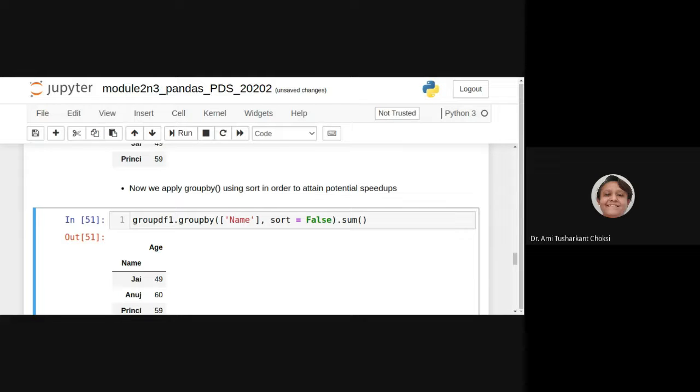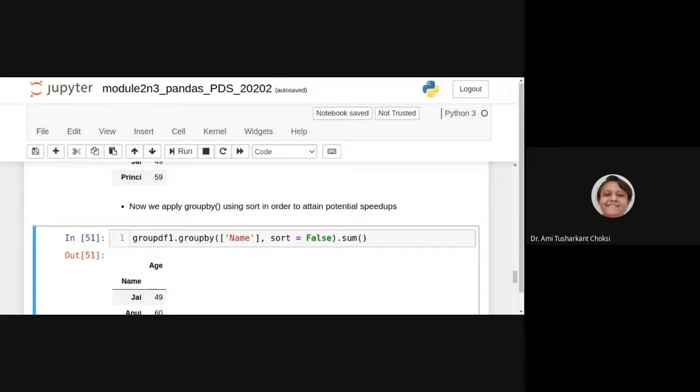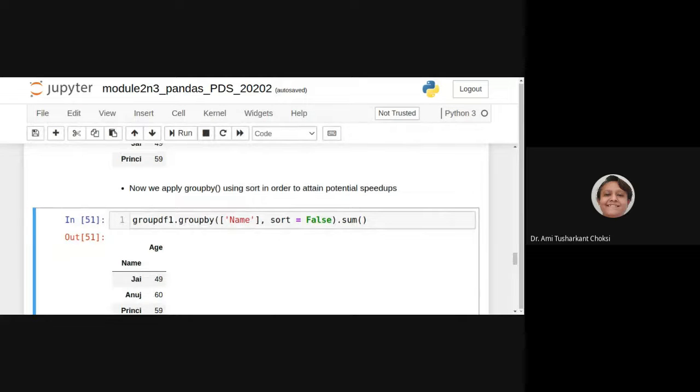Here, as we are having only small data, we will not be able to see the difference in speed. But if we are having, say, bigger data, these days we are talking of data science with big data, isn't it? There, we can say that petabytes of data is there. So there we can see the speed difference.